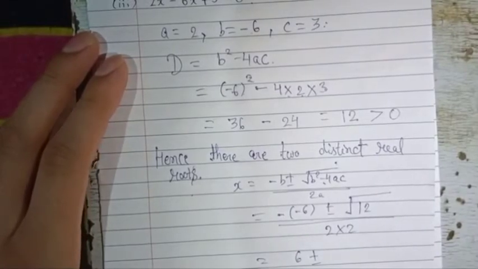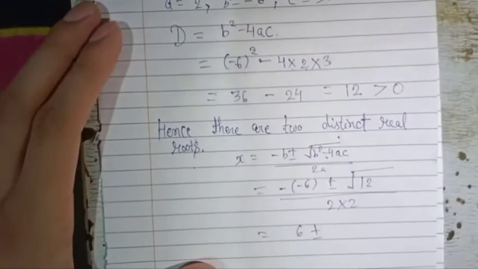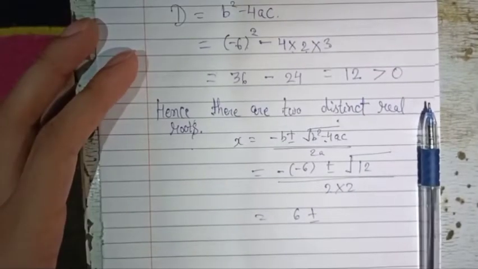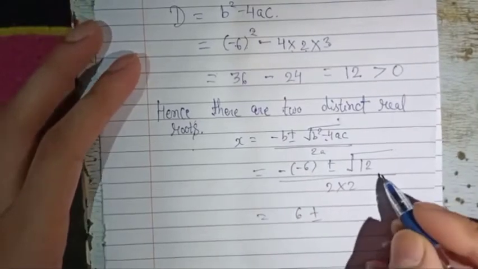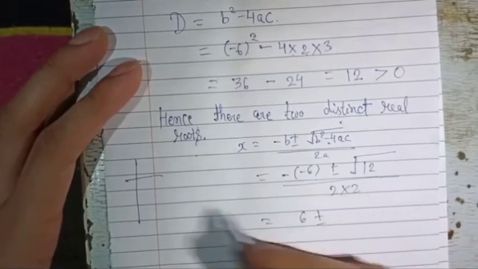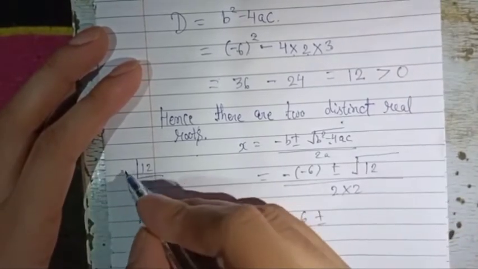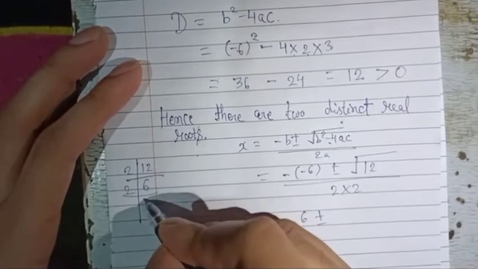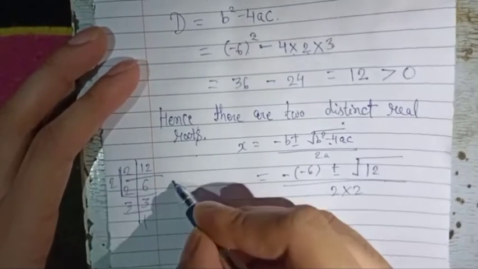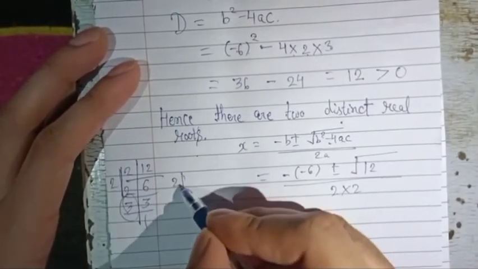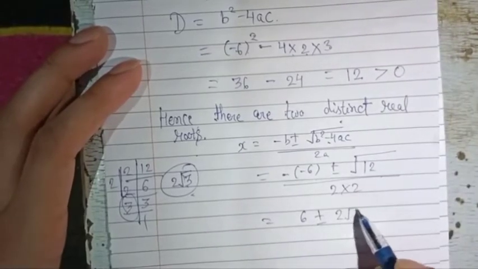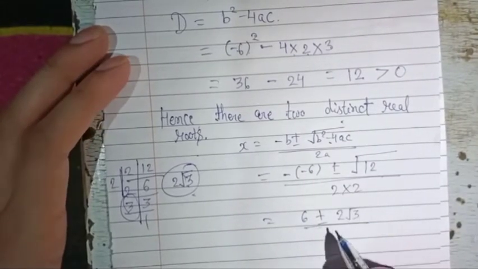12. So square root of 12 will be 2 root 3. Okay, how we calculated the square root? Here I have written 2, 12. 2 divides 12 6 times, 2 divides 6 3 times, and 3 divides 1. So 2 is having a pair, that means 2 can be taken out, and 3 is not having a pair, that means it will stay under the root. So its value is 2 root 3, whole divided by 2 2s, that is